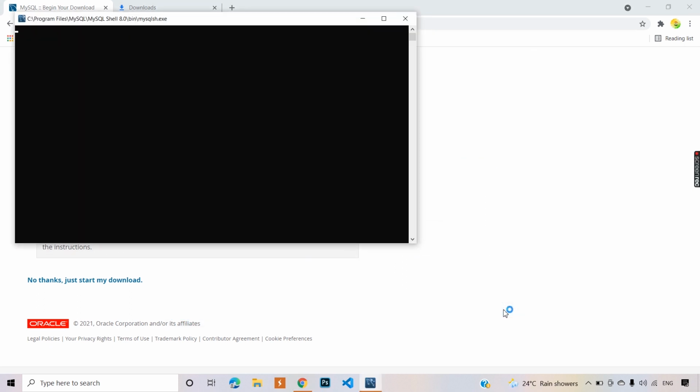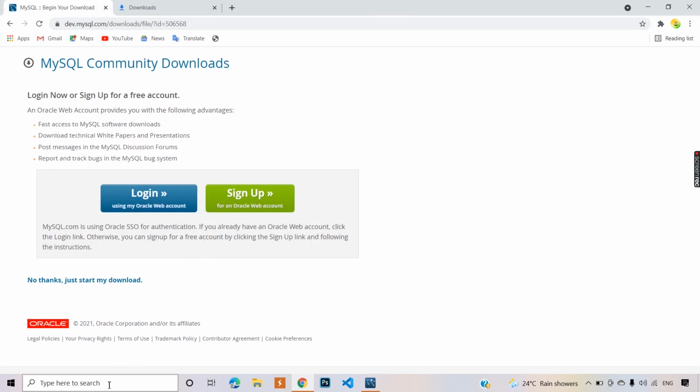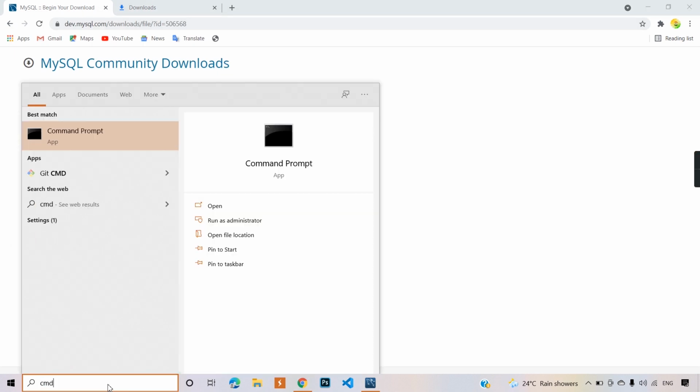And here you see MySQL Shell has been opened. So minimize it now, go in your search bar and type cmd, command prompt.